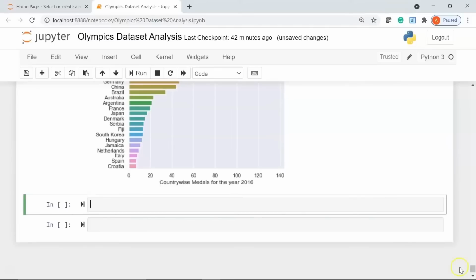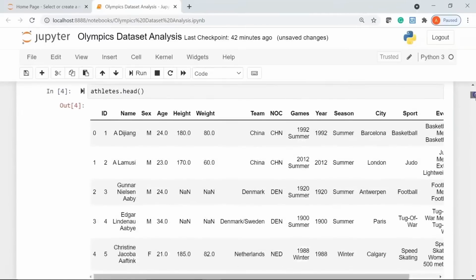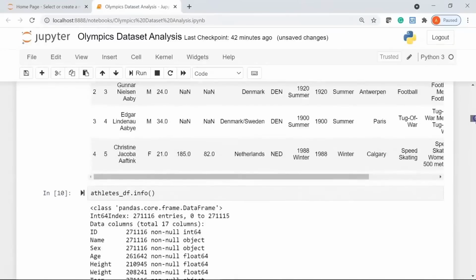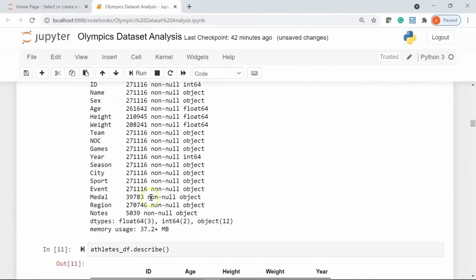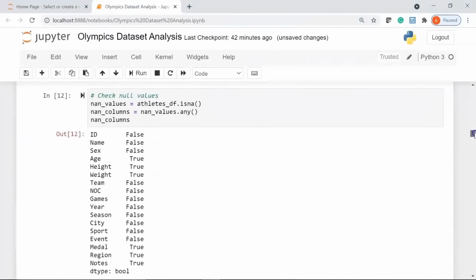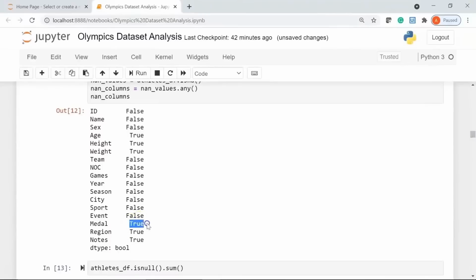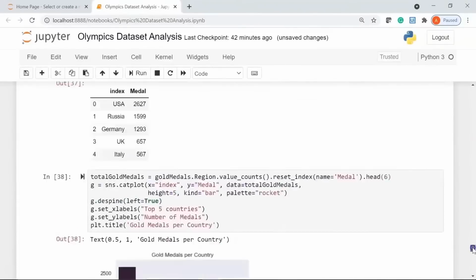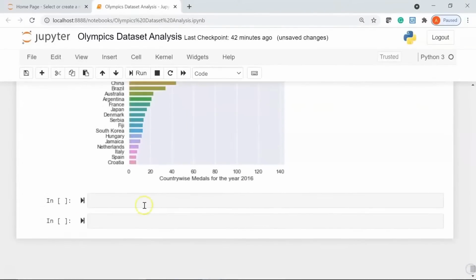Now if you had noticed here, our medals column also had a few null values, so we are not going to consider those null values here. We are only going to consider the athletes who have won a medal. So for that, I'll create a variable called not_null_medals equal to,